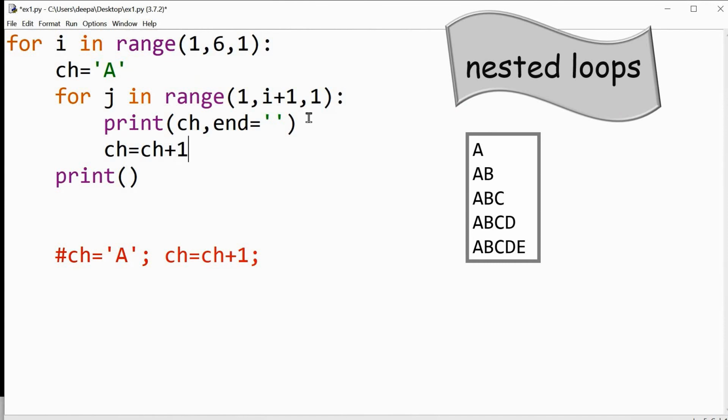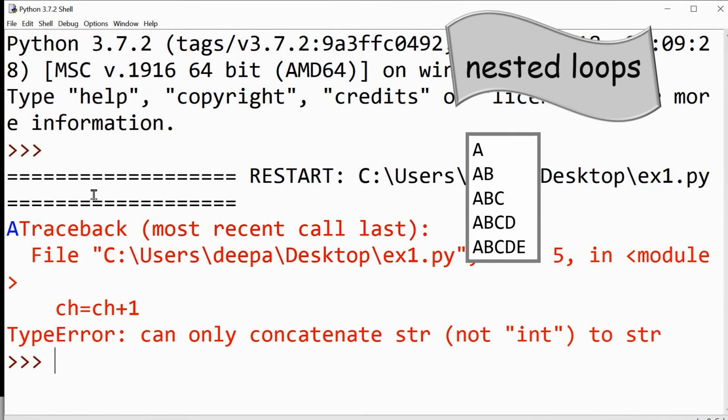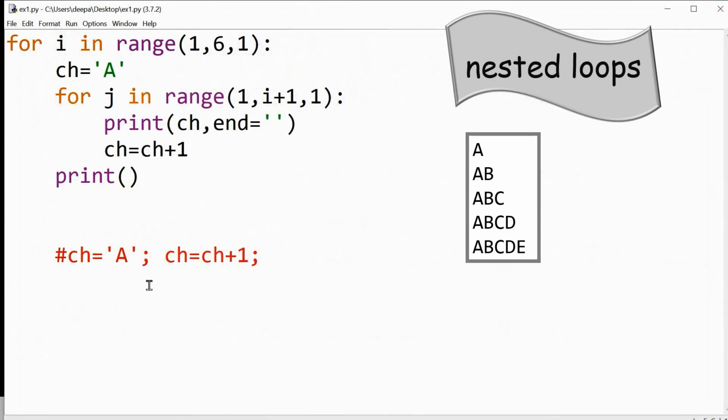So when I increment as I do in C++, we have to check whether it will work in Python. You will see that this will throw an error: can only concatenate str, not int, to str. So Python is not able to increment uppercase A to the next alphabet B.